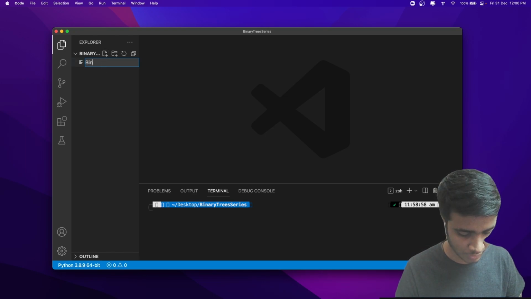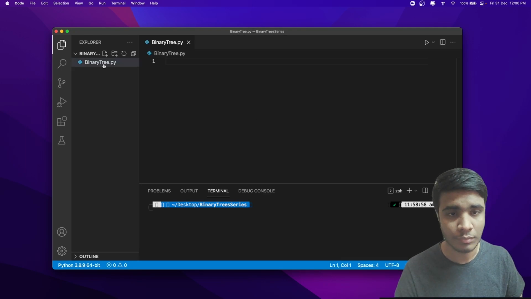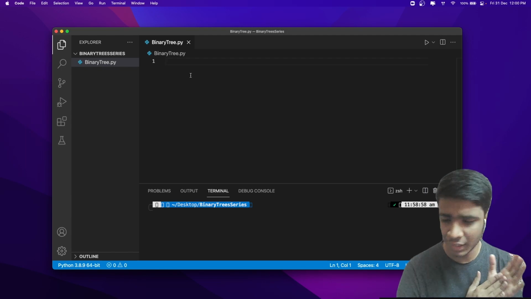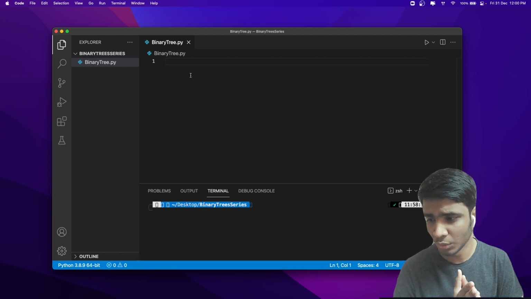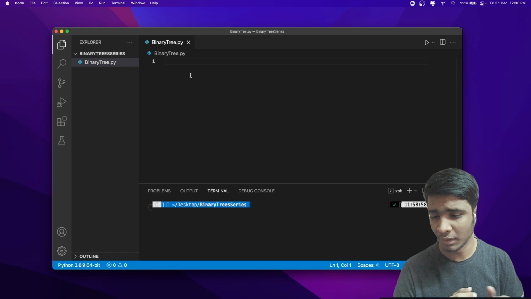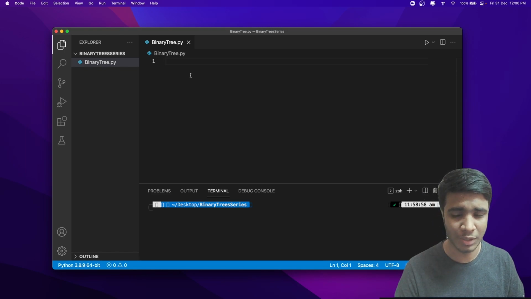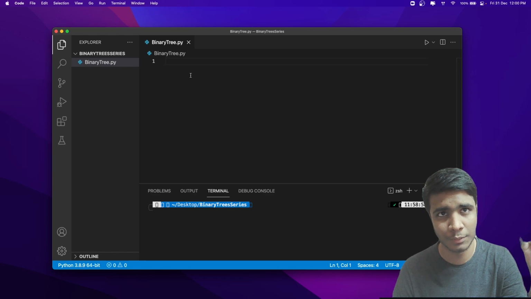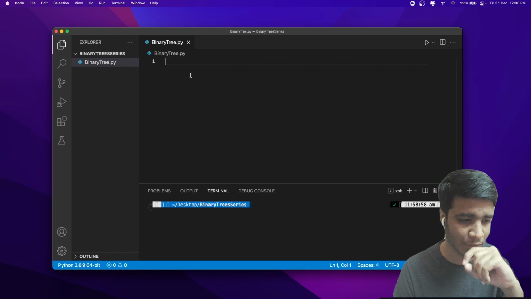So let's start by creating our own binary tree here. When I say a binary tree, or in fact any data structure, we are not creating anything special, we are just creating a node, right? When we are trying to create a tree or a graph or anything, all we have to take care of is a simple node.